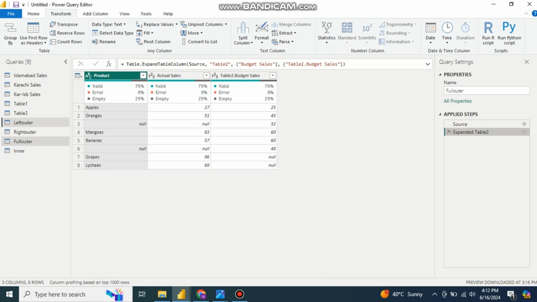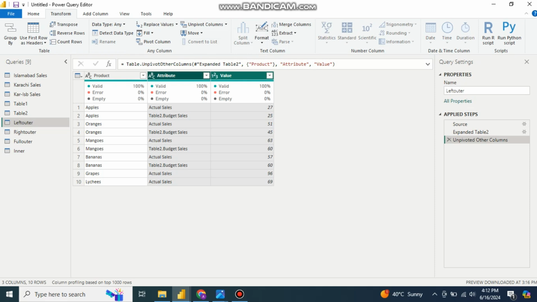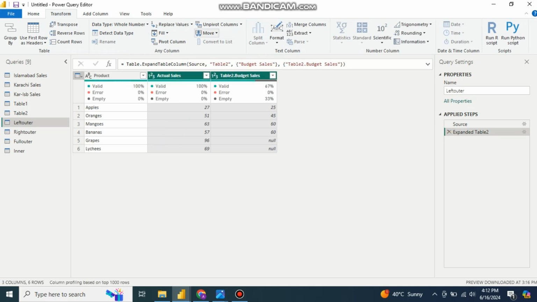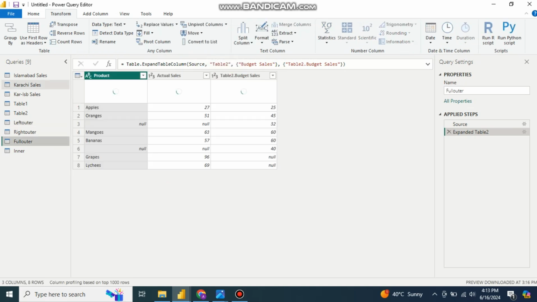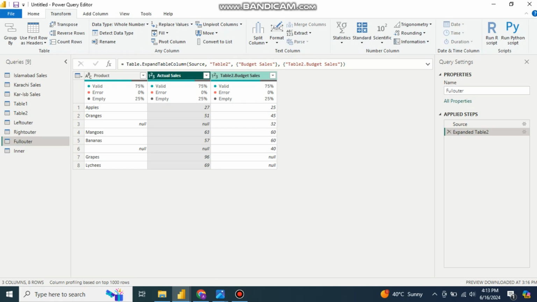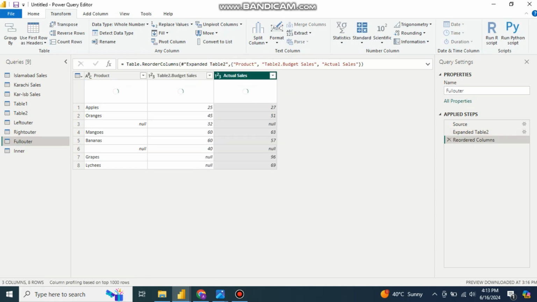You can also apply pivot; I think I have discussed this one previously. Unpivot other columns will convert all the columns in the unpivot. Okay, very fast moving left and right. It doesn't matter. You can rearrange your table. Let's say if you want your column here, you can rearrange it here. Okay, this column is set, and this will be noted here. Reorder the columns. Okay,